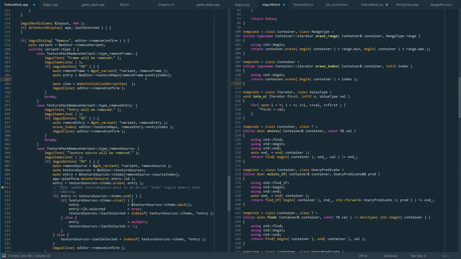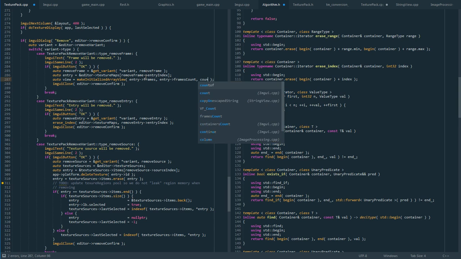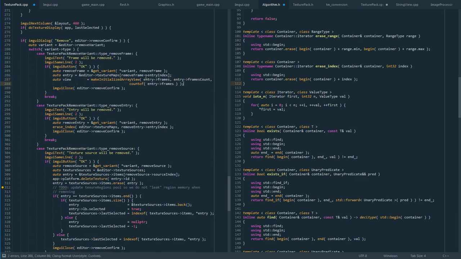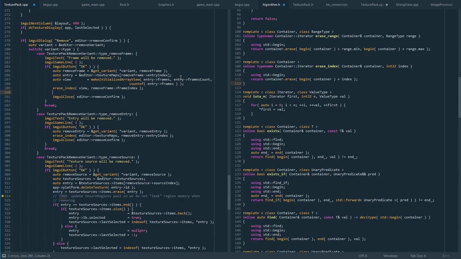So that's the entry, and then we get the entry frames, entry frame count, and count of the frames in total. Then we go ahead and do an erase index on the view, where we remove this specific frame, and then we do this. Since we made the view smaller,